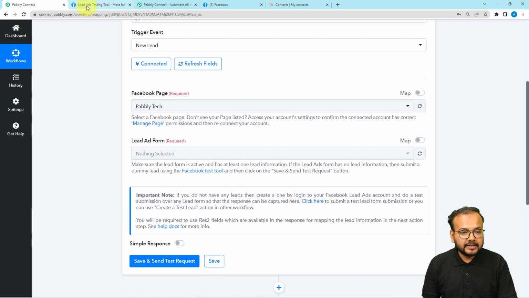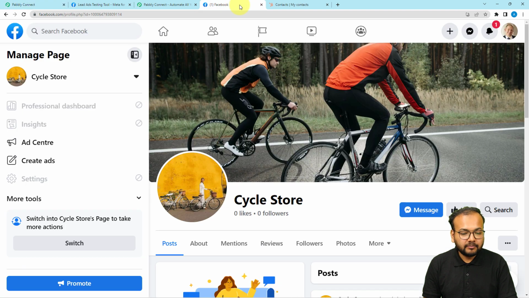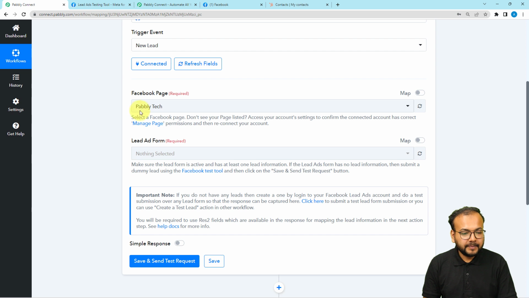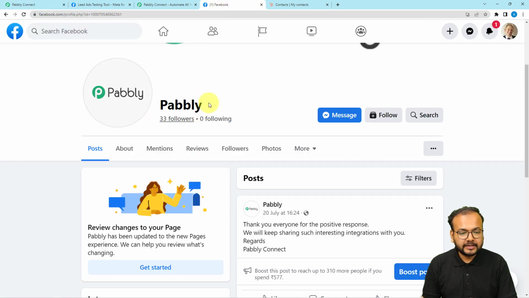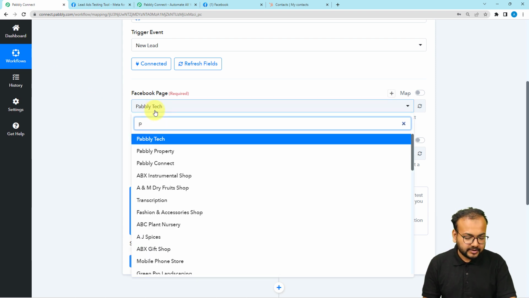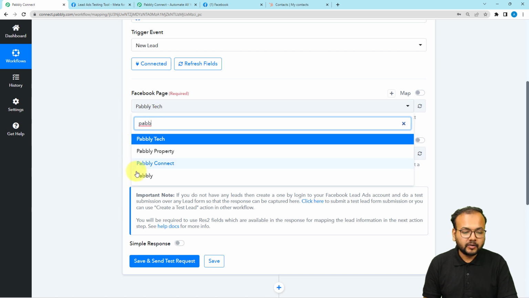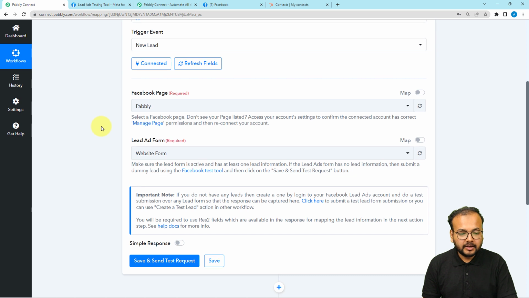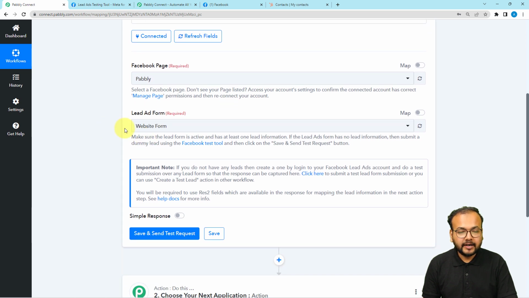Okay, so here guys, let me show you the page I am using. The page I am using is this one, named Pabbly. I'm running Facebook Lead Ads on this page. So I'm going to select Pabbly first here in the page name field. Then here it will ask you to select the lead ad form attached with the page. So here you can see, guys, it is showing: make sure that the lead form is active and has at least one lead information,